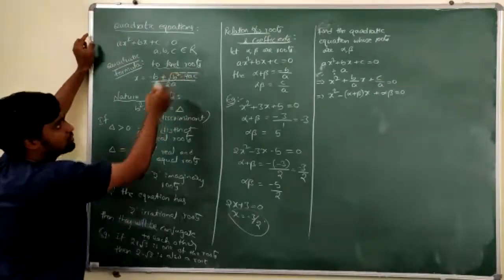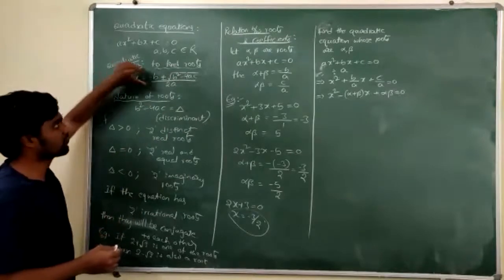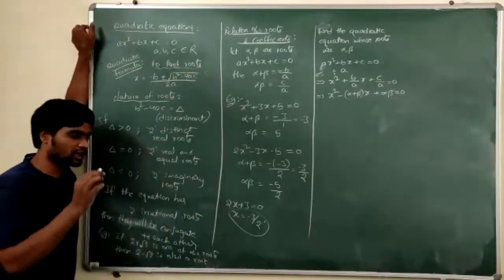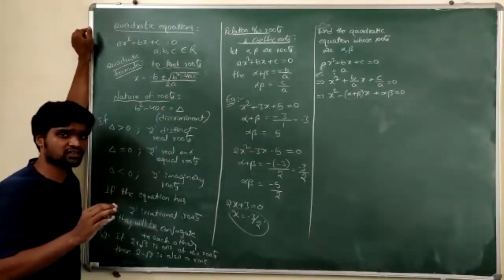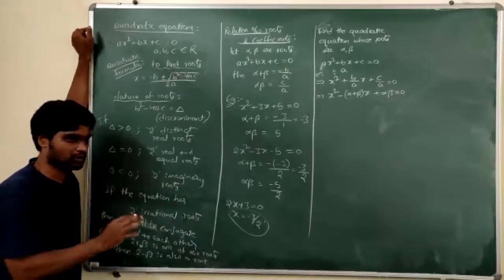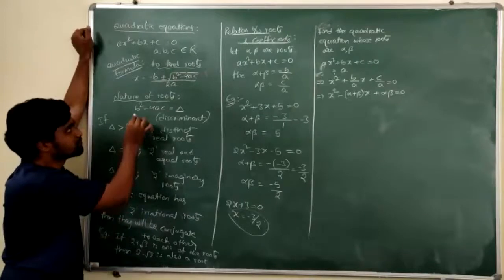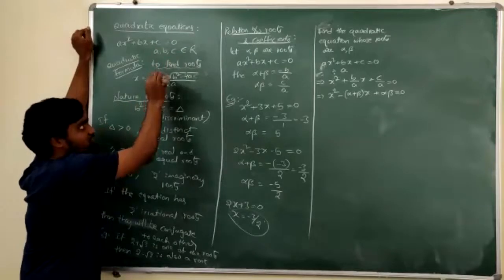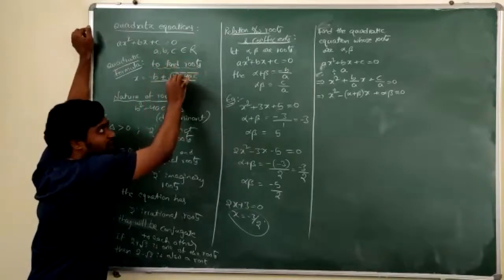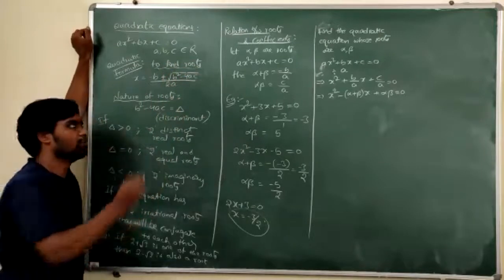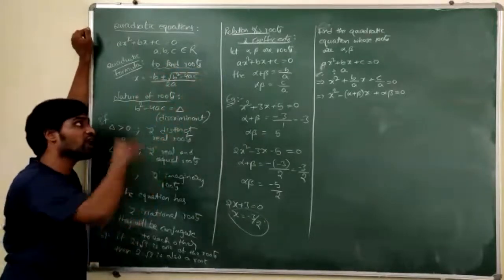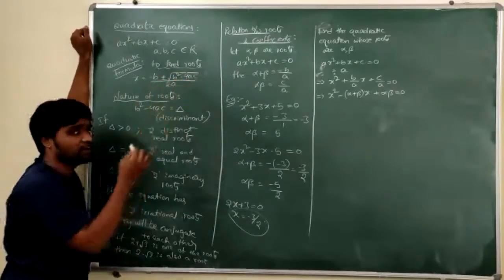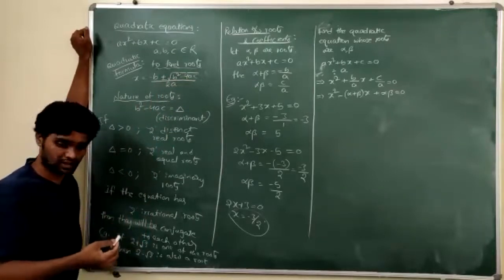So this is one of the methods to find the roots of the equation, using the quadratic formula. Now, whenever there is a square root, the condition is that the value inside the square root should always be non-negative, otherwise it will be an imaginary number. Since we have taken a, b, c as real numbers, b square is real, 4ac is also real, and b square minus 4ac is also real. But the square root of b square minus 4ac might not be real, because b square minus 4ac can be negative, which means the square root of a negative number is an imaginary number.